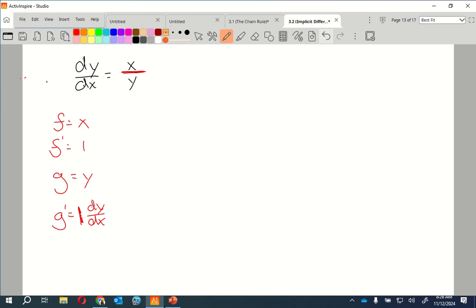That's weird. Okay. So let's go through and do the quotient rule here. So f prime g, so this is going to be